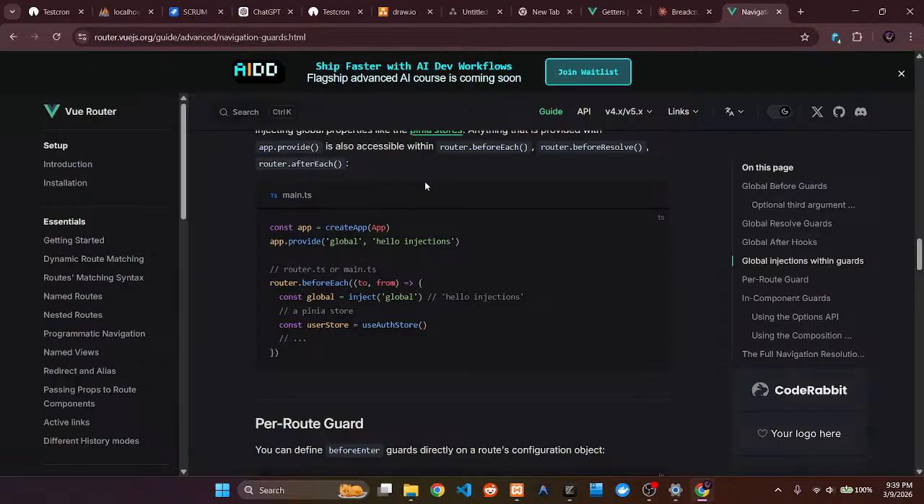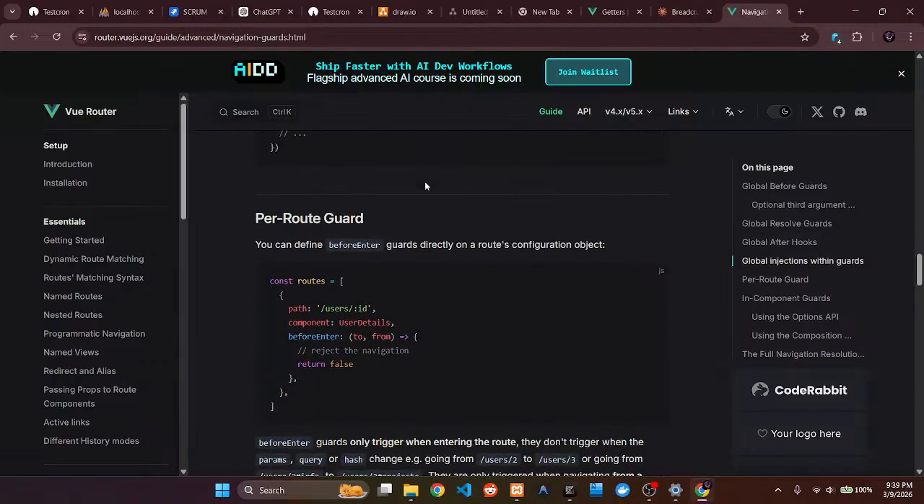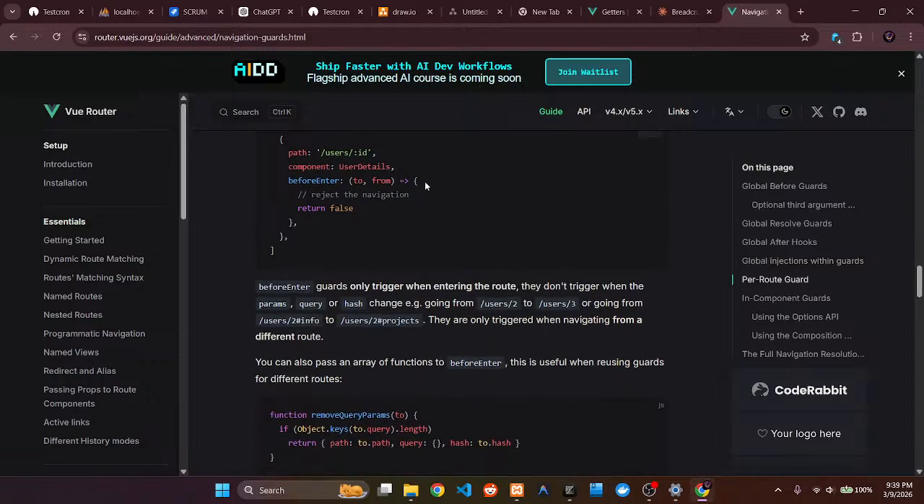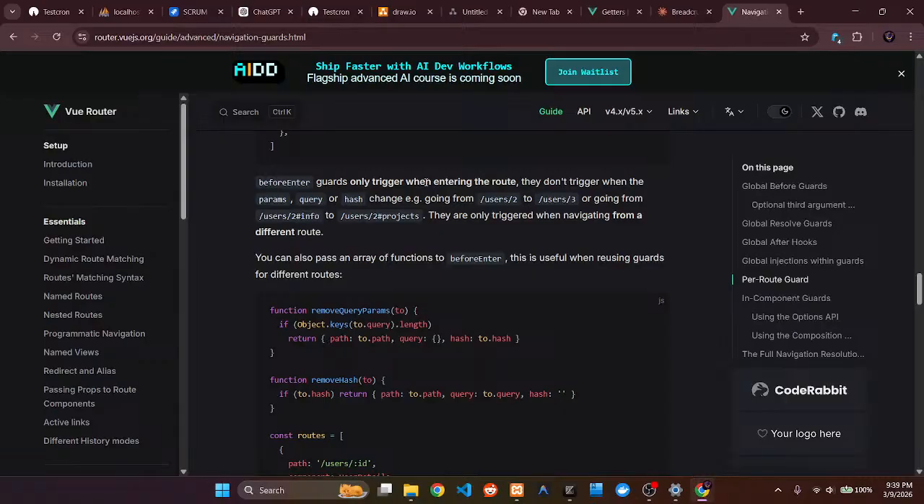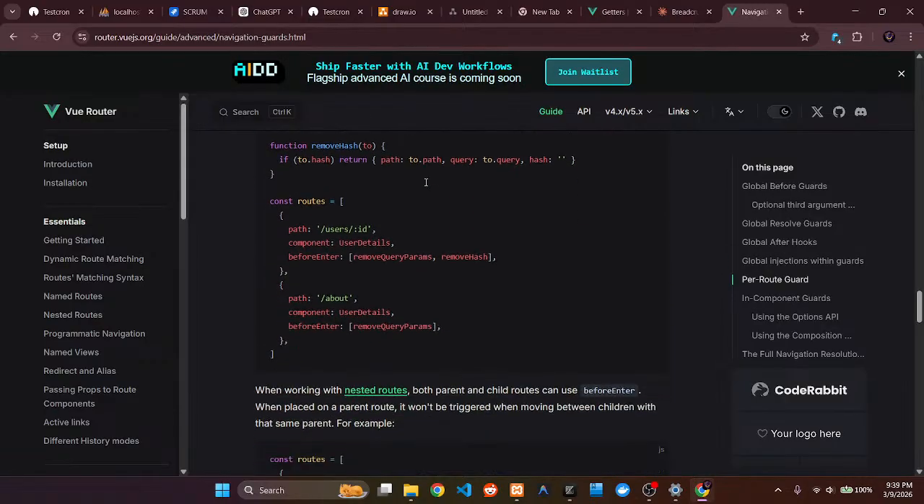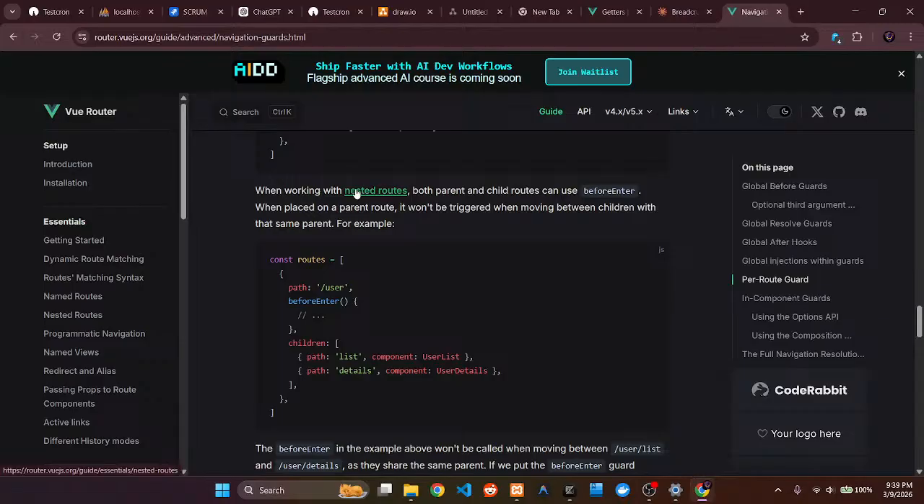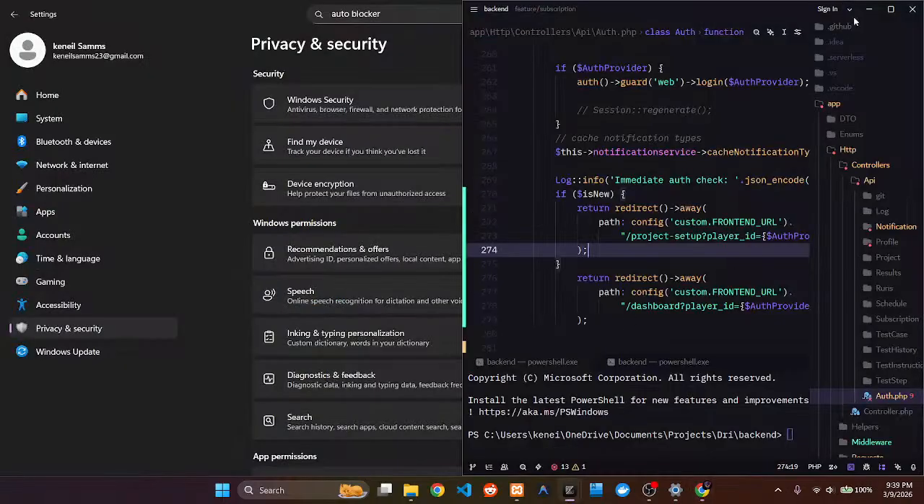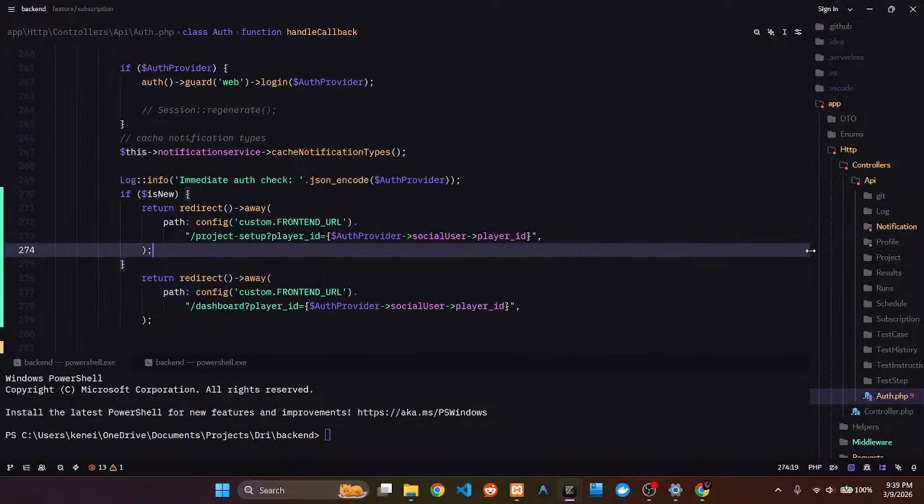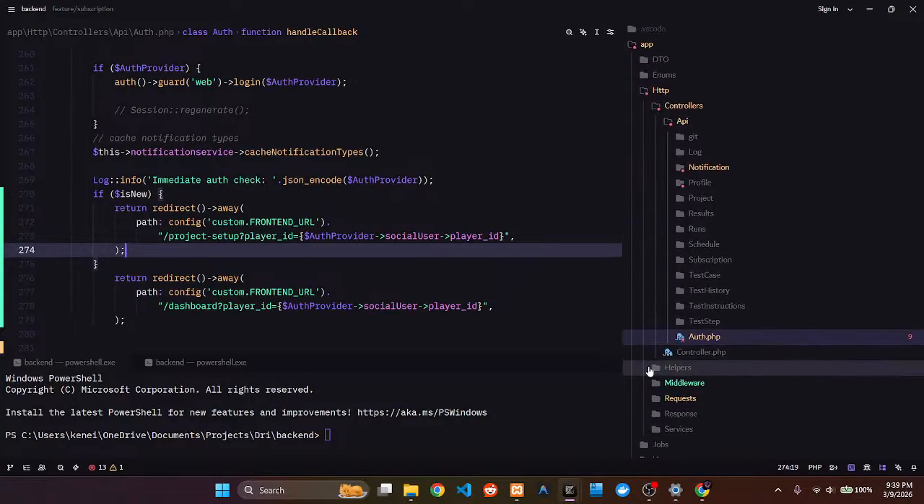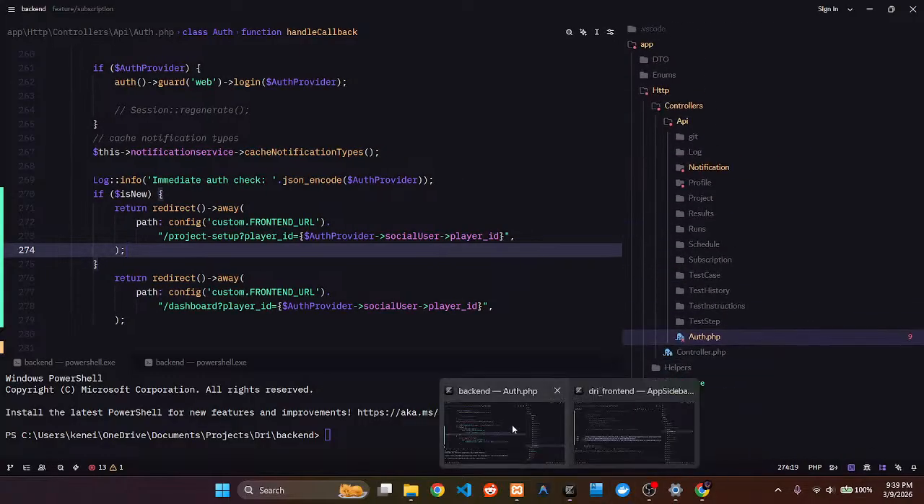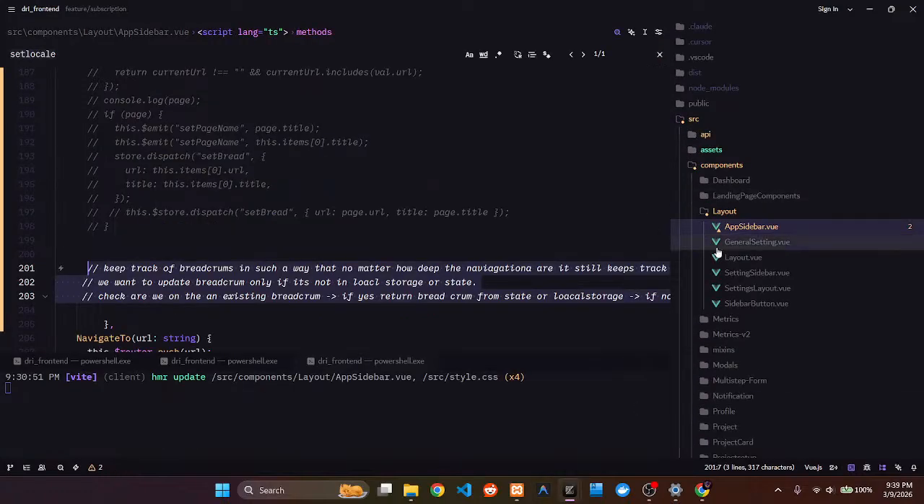The problem though, man, parallel code. It is very hard to have that level of this. I reckon with nested routes, both parent and child can use beforeEnter. I think it has to do with the way I designed the routes. Because by definition, what would have made my life a bit easier is if I look at the routes,